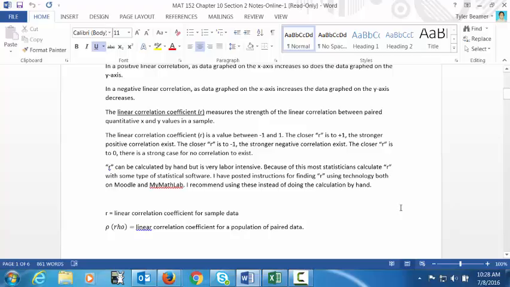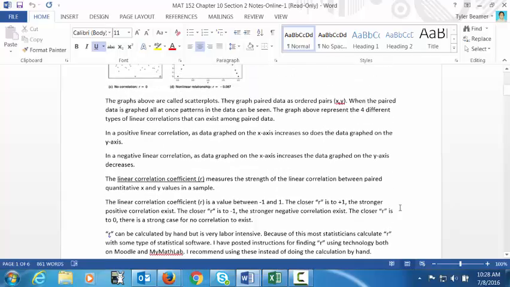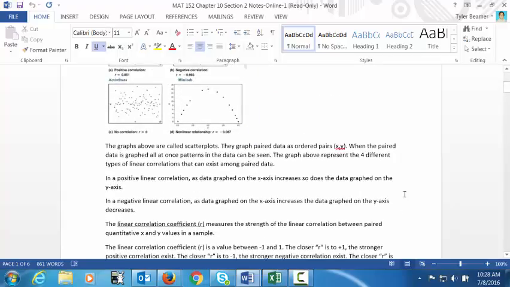R is going to be a value between -1 and +1. The closer R is to +1, the stronger positive correlation, which means we'd have positive slope. Closer R is to -1, stronger negative correlation, which means we would have negative slope. Okay, and then the closer R is to 0, then that would describe that there's no linear correlation between the